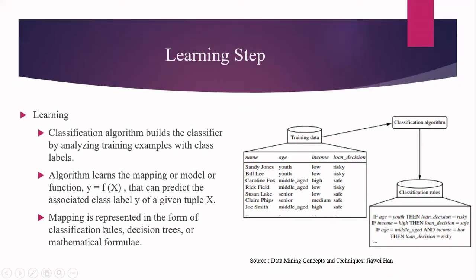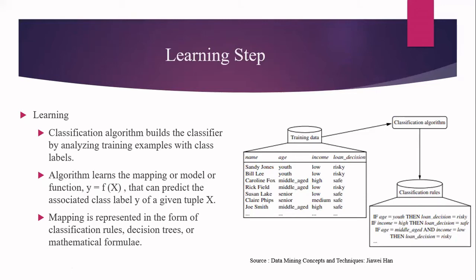Okay, so now let us see how this is going to work. Once the training data is given, the classification algorithm is going to learn the mapping function. That is nothing but, here it is given as classification rules. So what is the classification rule? It will be some if-then-else rule only. So here my aim is to find whether sanctioning a loan to a particular person is risky or safe. On what basis am I going to predict?